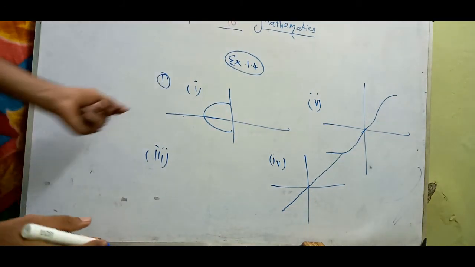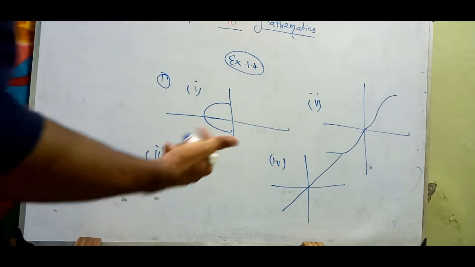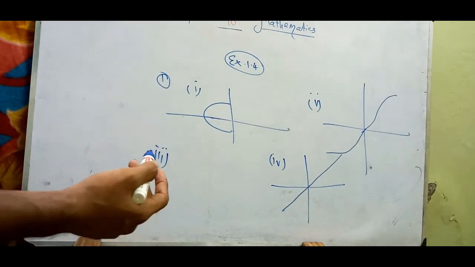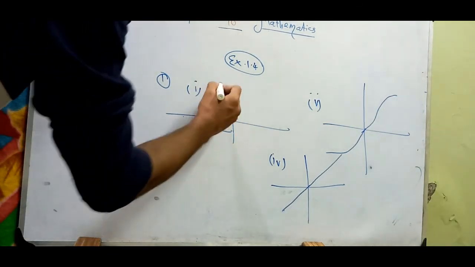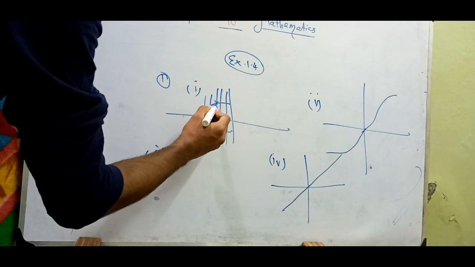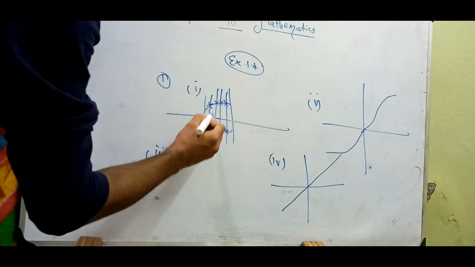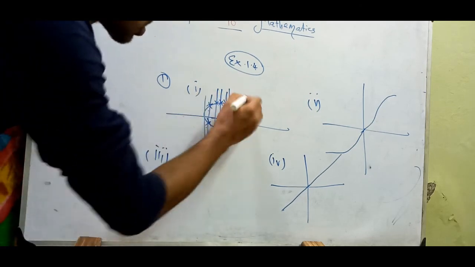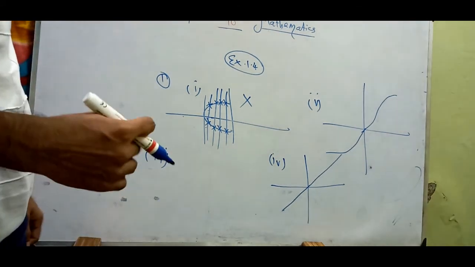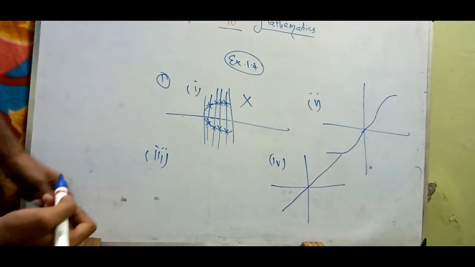Okay, so for checking whether the given graph is a function or not, as I have discussed previously, we need to verify by the technique called the vertical line test, right? So I use the vertical line test here. Clearly it is seen that my graph cuts the vertical line at exactly 2 points, right? So this is not a function. You can write the sentence as: the vertical line cuts the graph at exactly 2 points, therefore the given graph is not a function. Okay, you can write like this.